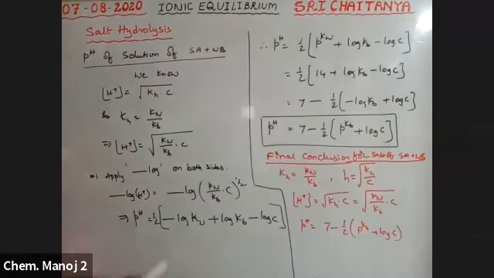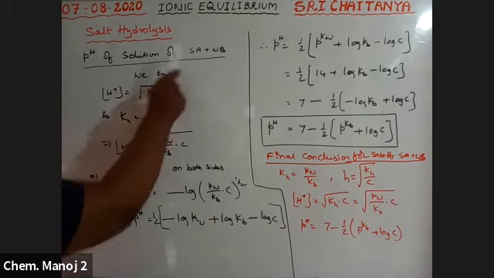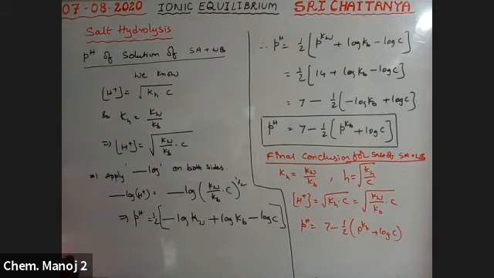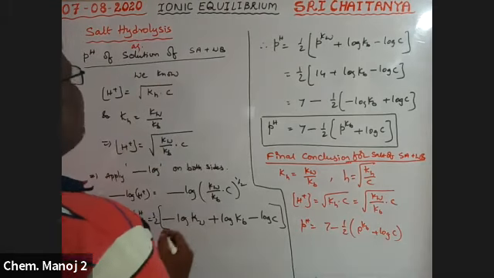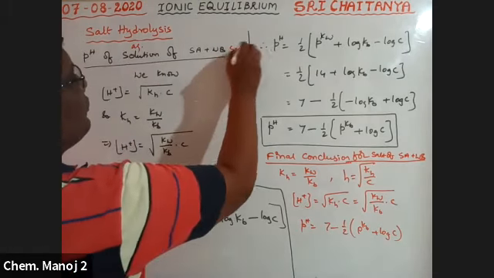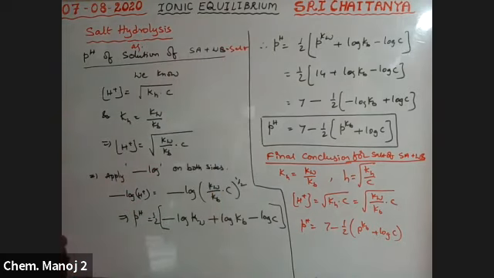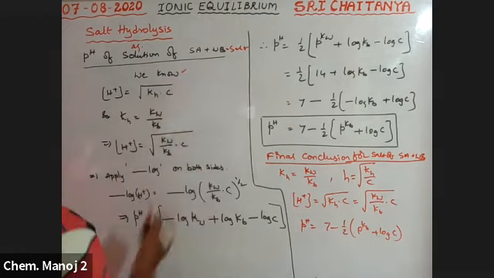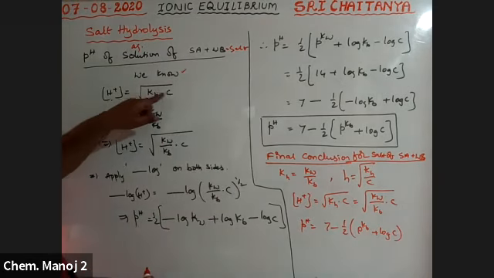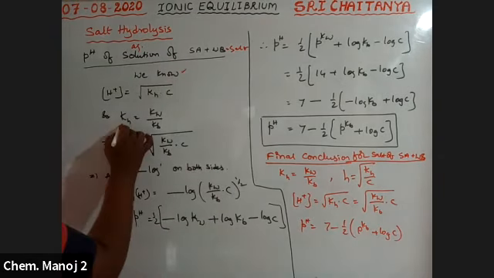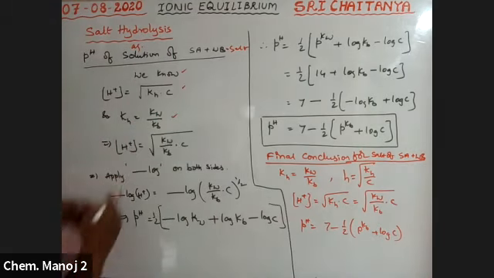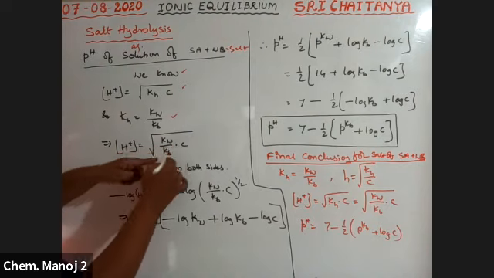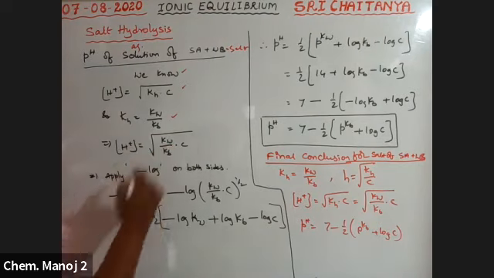Okay boys, now I am trying to calculate the pH of the aqueous solution of a salt of strong acid plus weak base. We have already completed that h is equal to under root Kh by C, and Kh is equal to Kw by Kb. These were derived just now. So from these two, the H plus concentration is equal to under root Kw by Kb into C.